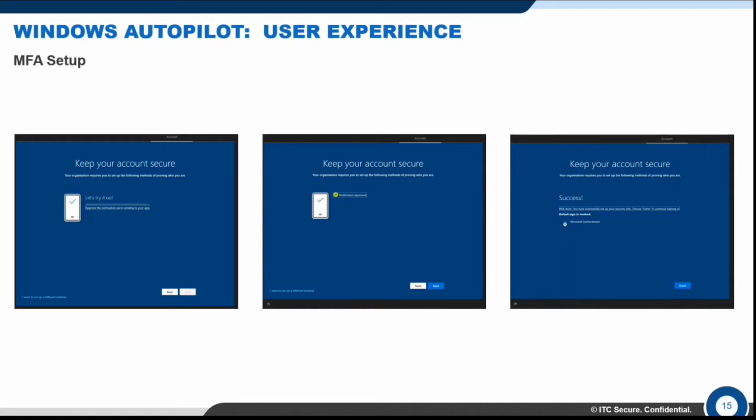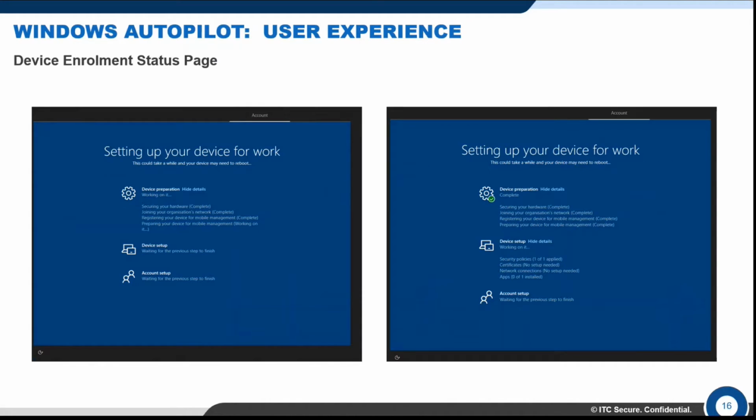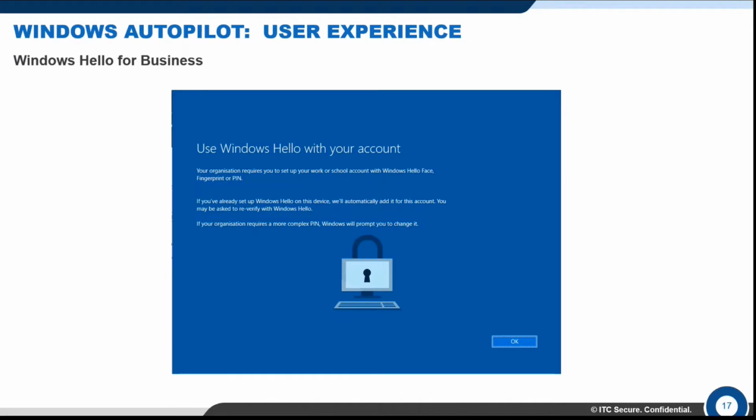So once the users enroll their device, they'll see a configuration screen, similar to the one on your screen now. The device will connect up to the Endpoint Manager and download all the targeted configurations and applications targeted to that device. The user will not have to do anything at this point. They'll just need to wait for this screen to complete the setup, and then once the device has finished that, the user will then be able to sign